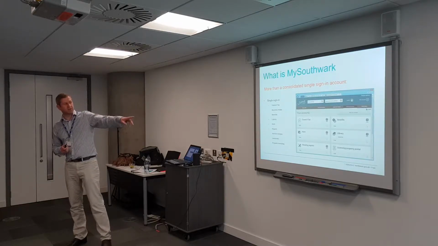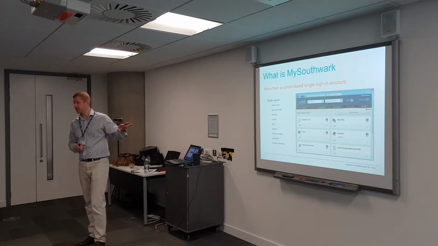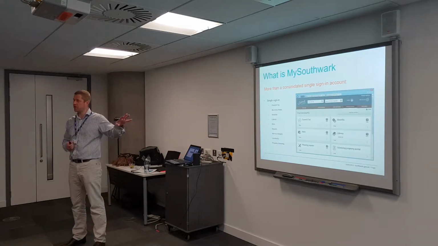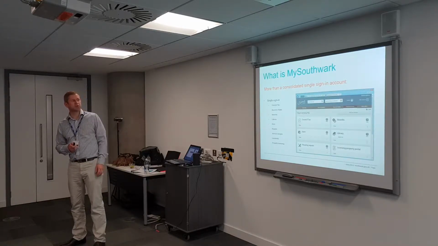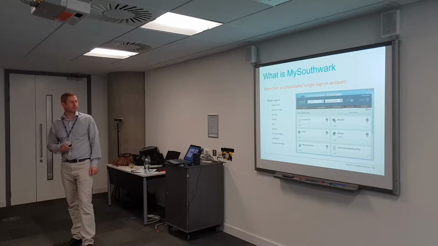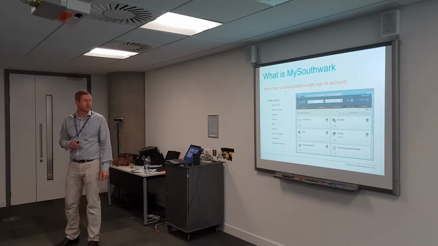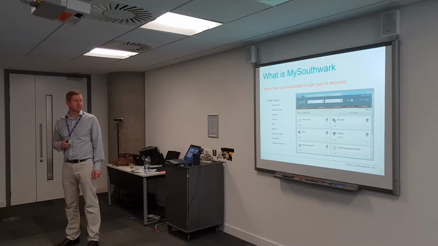This is fully bespokeable. They can add or remove these accounts if they don't have a library account, or they don't want one. If they don't have benefits, they don't have to see that every time they log in. They only see the accounts that are relevant to them. So for many people, this page will be much smaller. The design is fully responsive, so it will adapt to whichever viewport you've got, whatever device you're using. And that design was brought in a year ago. So the fully responsive design is only a year old. So again, another example of how we've been iterating the system over the years.